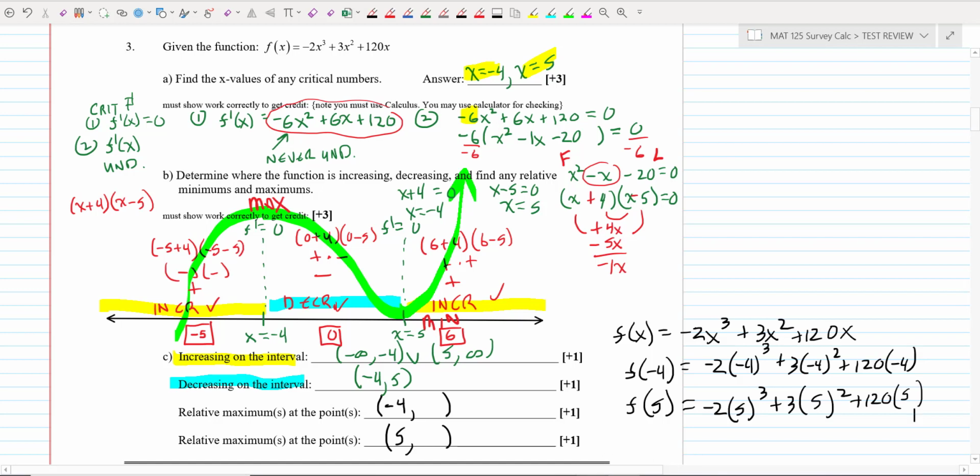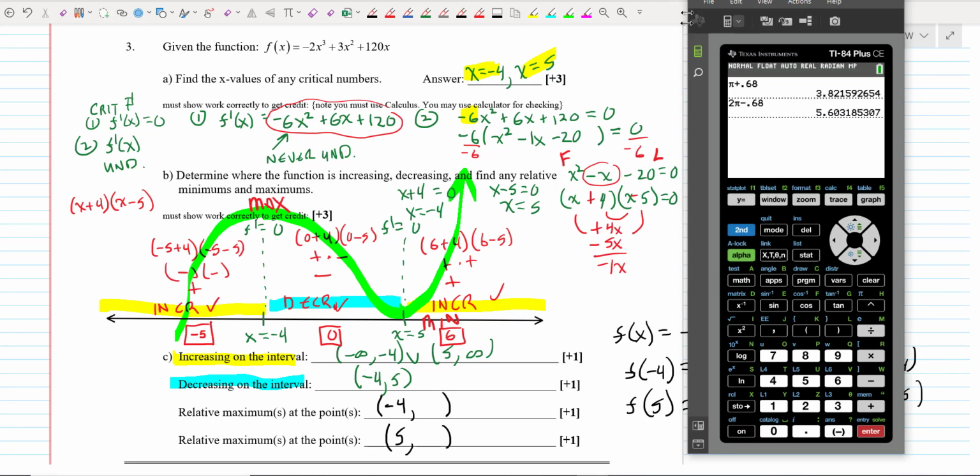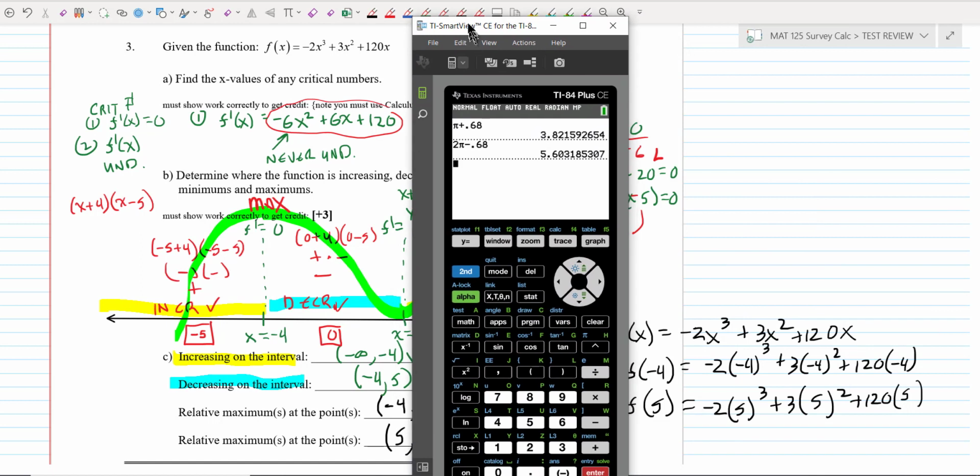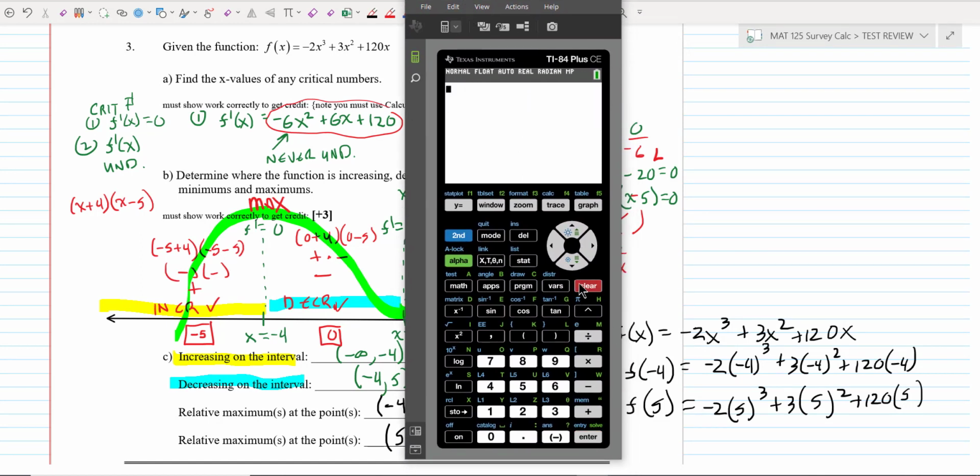And I think a good way to use technology to do this problem anyway is just to close off by going through and graphing the function that we're working on. So we're working on the function -2x to the third plus 3x to the second. Oh, I do that all the time. Start again, -2x to the third. You have to do your down arrow to get back to where you want. Then plus 3x squared